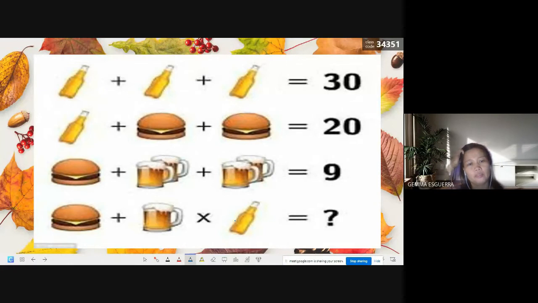Ito. Tingnan natin. Ang isang alak ay may katumbas na 10. I mean, is wine. I don't know what's that bottle. And then, ito ay magiging, ano yung katumbas nito? This is 5, tama? Ano yung katumbas ng isang ito, this is 1, 1, tama ba? 1, 1 kasi this is 5. 5 plus 2 plus 2 is 9. So, what is the value of this? 5 plus 1 is 6 times 10. What is the answer?